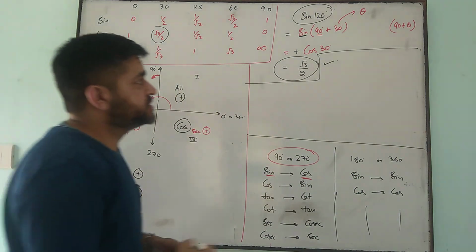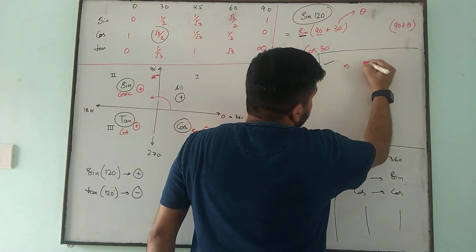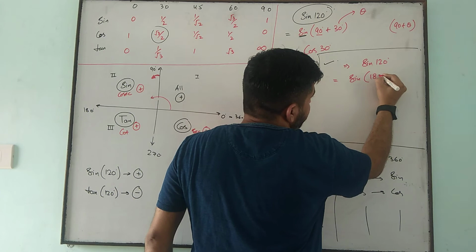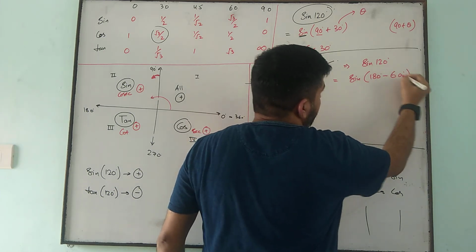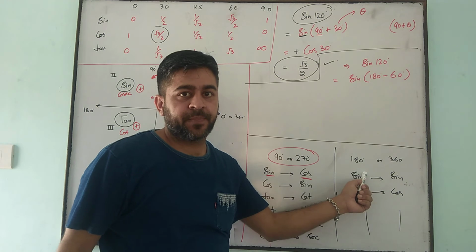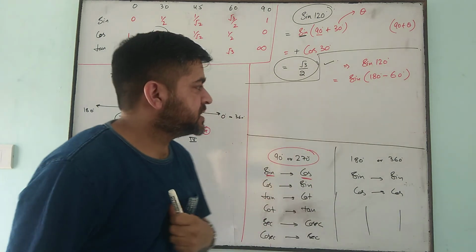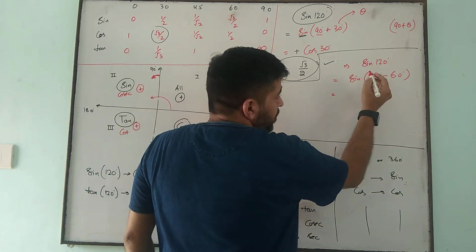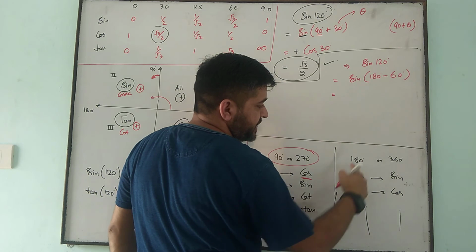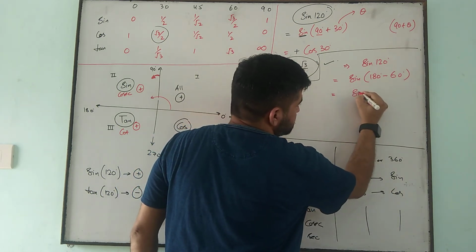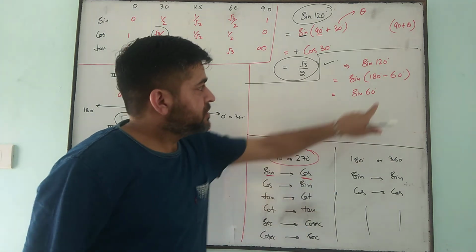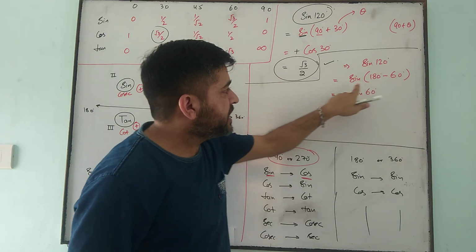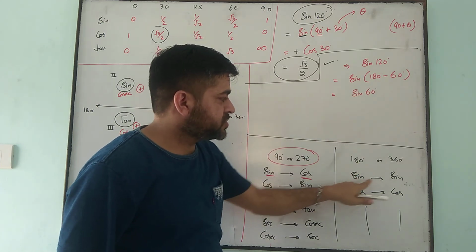Suppose the same question we are doing by 180. Sine 120, we are using 180 minus 60. Again we get 120 if we use this angle. Now for 180, sine will remain sine. There will be no change. So this is sine 60 only. The sign hardly matters, so sine theta. Consider it theta. Sine of 180 minus theta is sine theta, as there is no change.